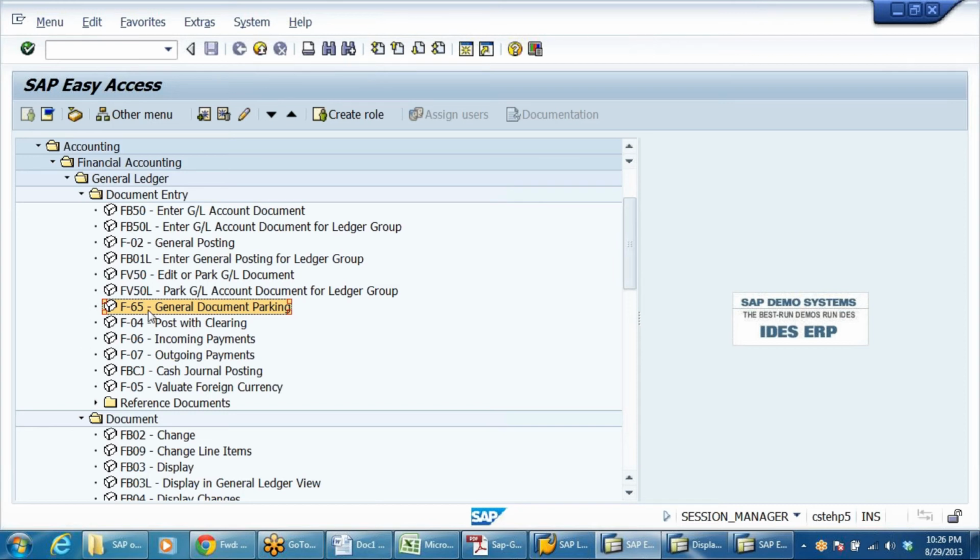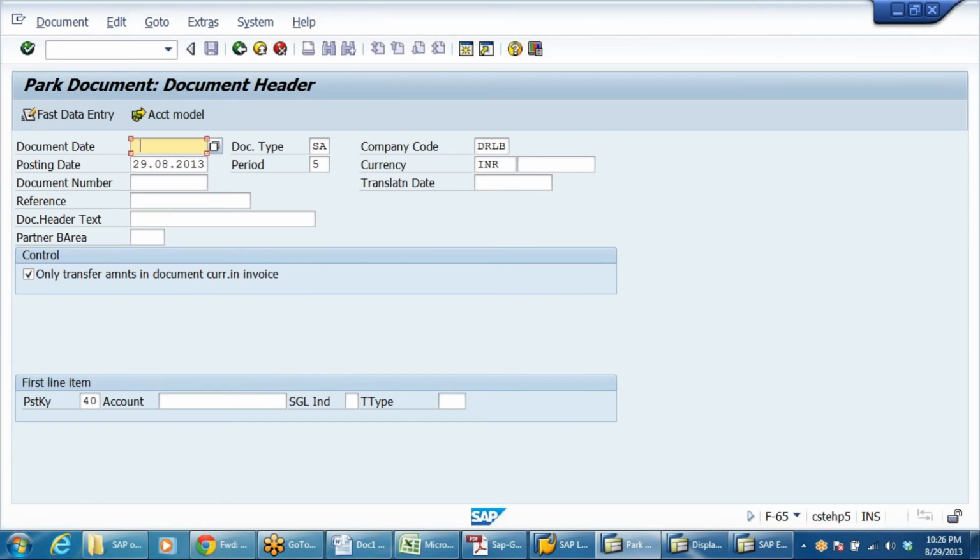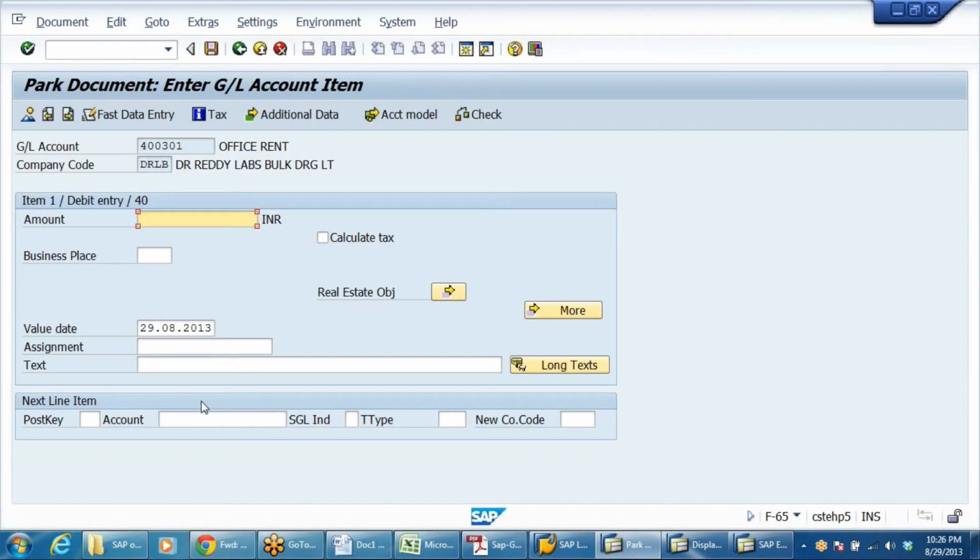so what I will do is, go to F-65, say 29th. System takes the same number range, of course. Say this is 400301, office rent 19,500.